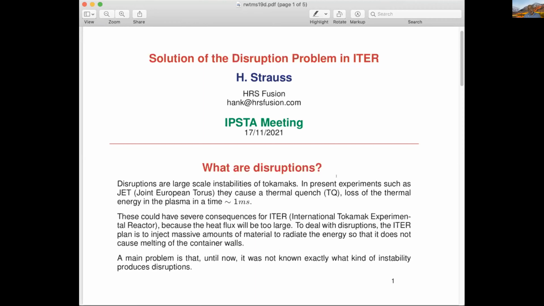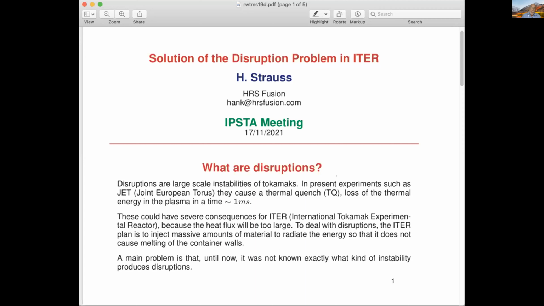heard in the middle of the last talk, they can also be a problem in tokamaks, which are a different approach to fusion, magnetic confinement. And occasionally these produce disruptions, and the disruptions are kind of large-scale instabilities. And in present experiments such as the JET, which is the Joint European Torus, which is the largest experiment at present, they can cause a thermal quench, which is the sudden loss of all the thermal energy in the plasma in a time of a millisecond, which is forever compared to inertial fusion, but it's a very short time,